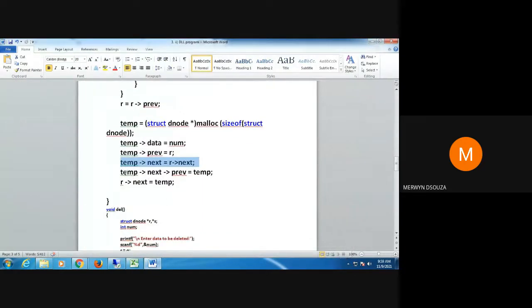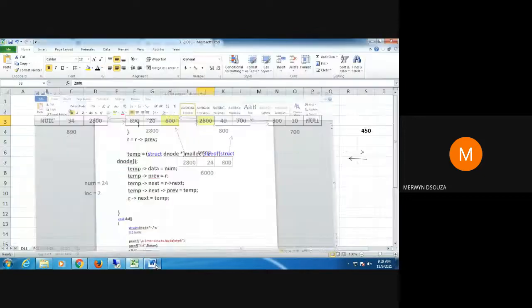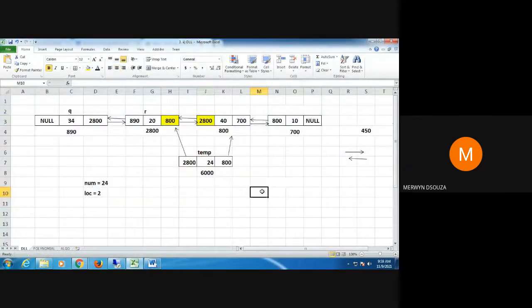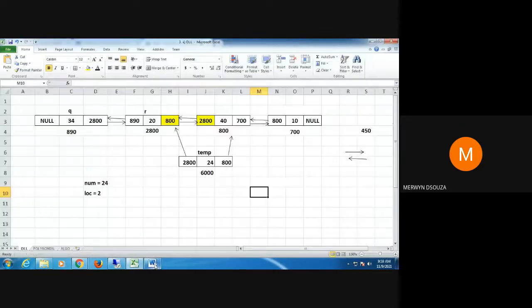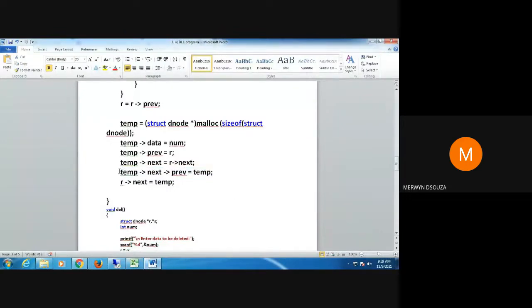To get the first one, I write temp arrow next. Now pay attention. This is a new line of code for you, which you have not encountered previously. Just try to write it down also and understand what I'm telling you.